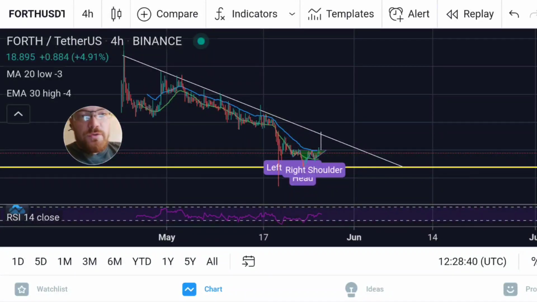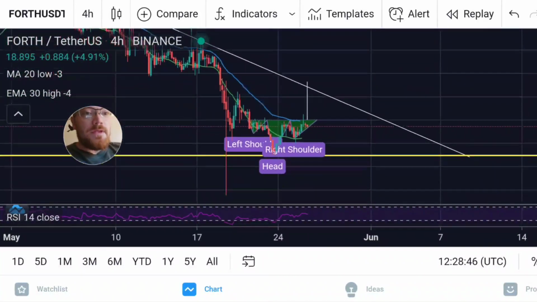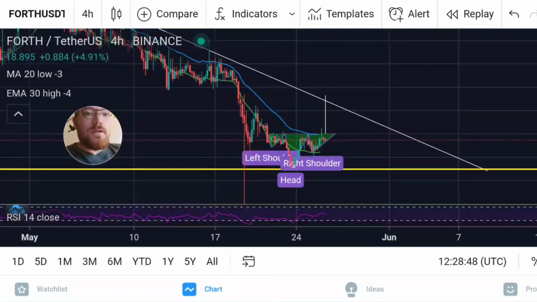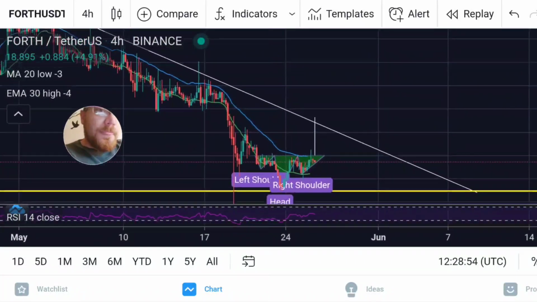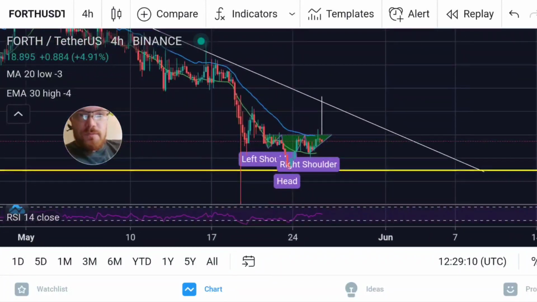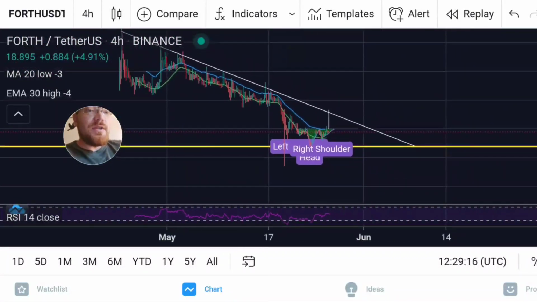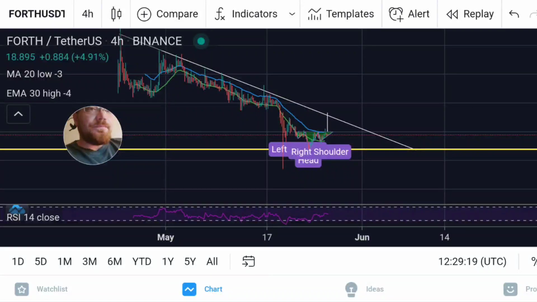Now, don't shoot the messenger if the price were to drop, right? Like I said, the price could drop, but in my opinion, this would be a decent opportunity to buy, not financial or investment advice. But like I said, you would want to pay attention to your resistance levels, but given the use case behind this and the building blocks behind this, I see this as being a very good project to think about in the future. As we continue to try to move forward with decentralization, I could see this being very big.